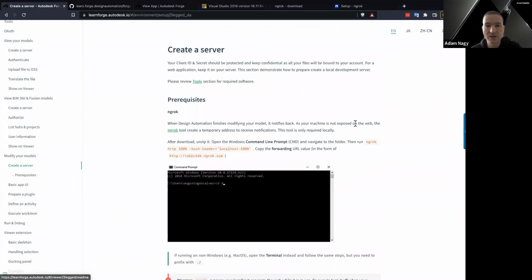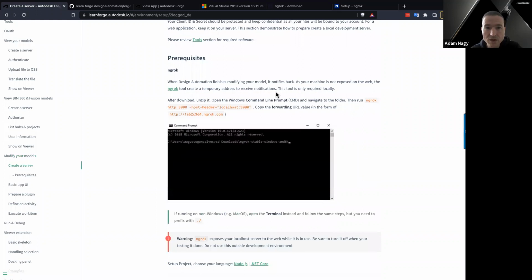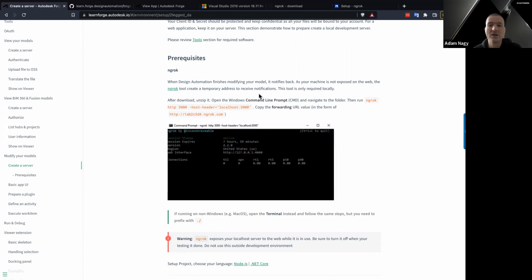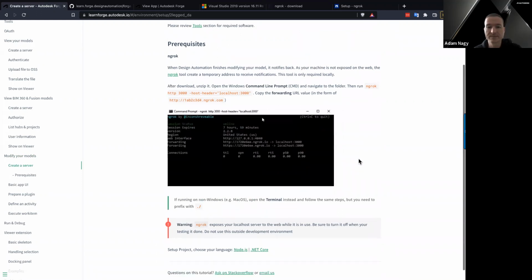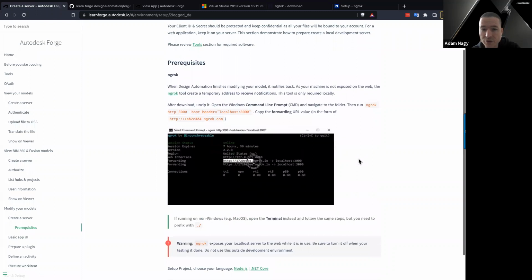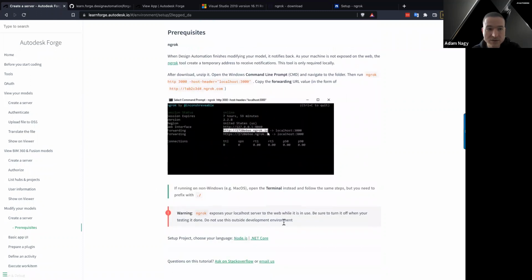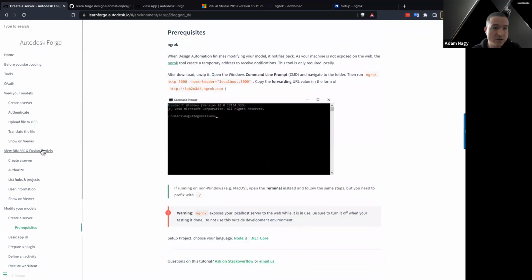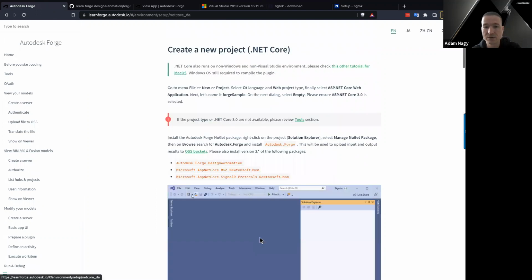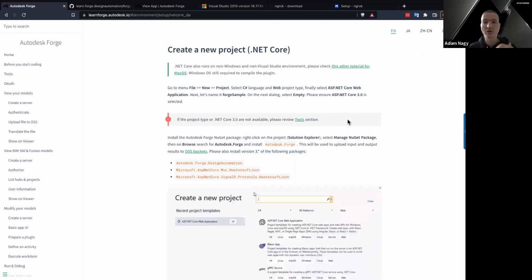So let's get started and create a server. And now it's talking about the prerequisites that at a certain point we will also have to be dealing with ngrok. I'm not sure if it mentioned that you have to sign up, but we'll see. So getting to the .NET part,